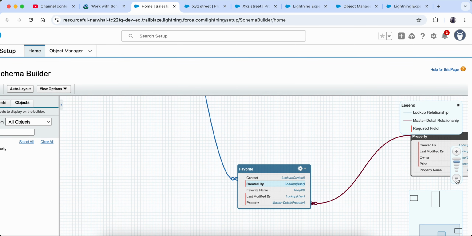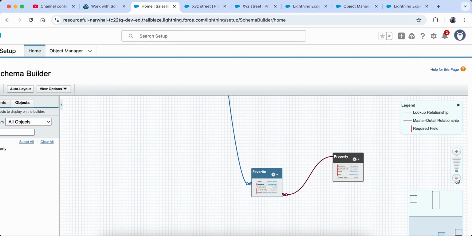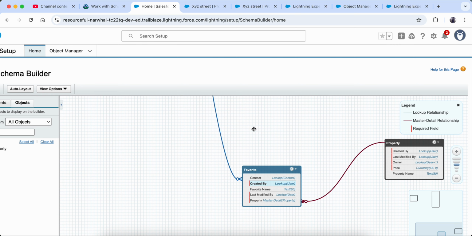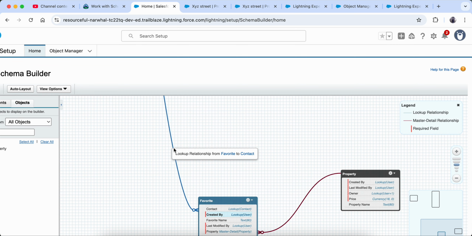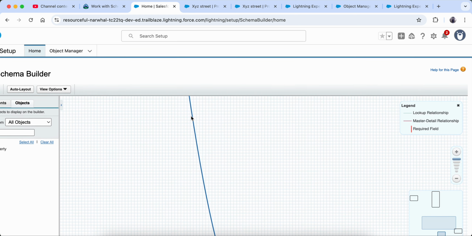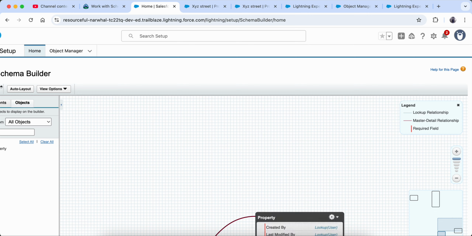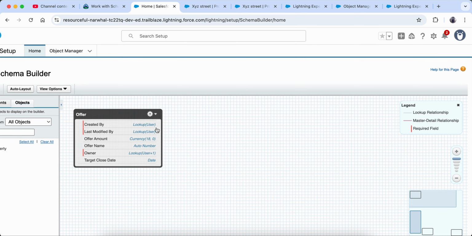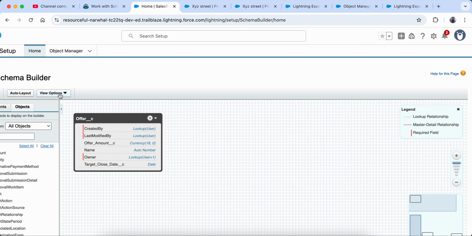Now let's scroll down a little bit. Here we can zoom in and zoom out, whatever we want, and we can also pull this here. We can see how this relationship looks. This is the auto layout view. It also has other views where we can hide the relationships, or suppose we want to display only the element names, we can hide the relationship.